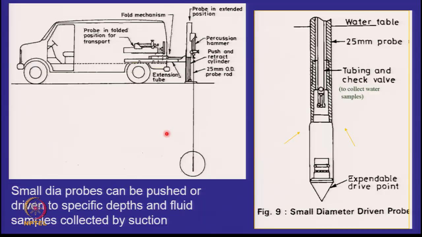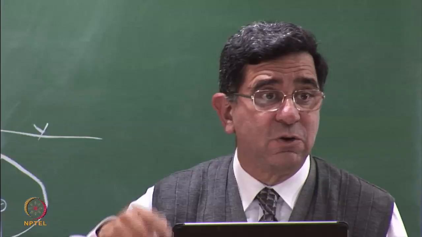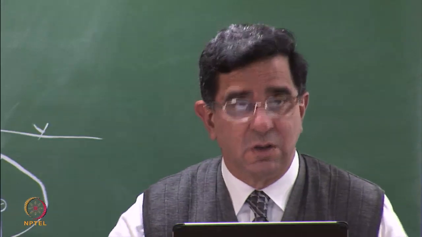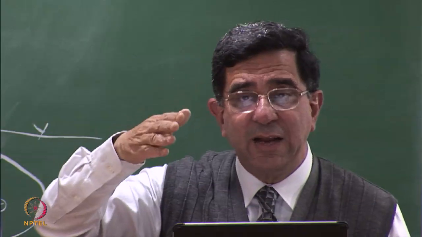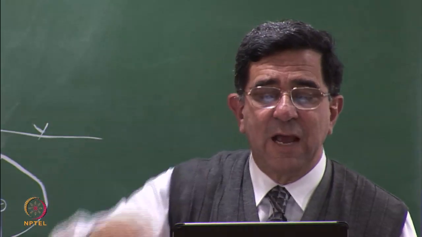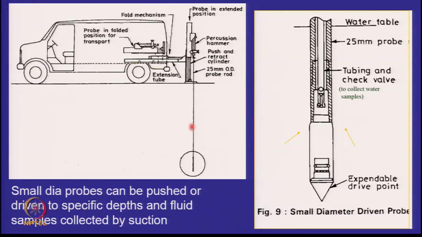This is not a sophisticated device. This is just a 1-inch diameter drill rod which is hollow from inside and it is inserted into the ground with a percussion hammer. What is the percussion hammer? The same hammer which you see by which you also do demolition. It goes up and down, up and down. It's pneumatically actuated. So this percussion hammer is able to send this rod down into the ground by a few meters,